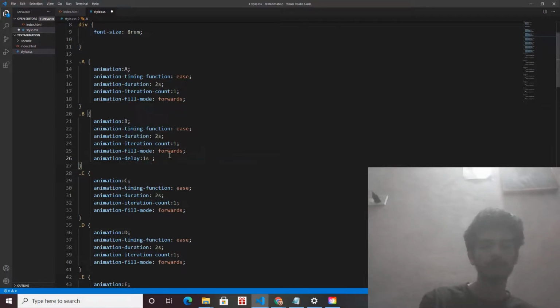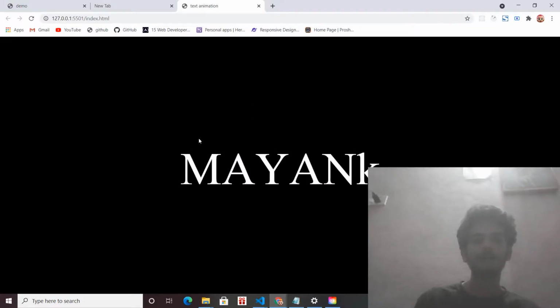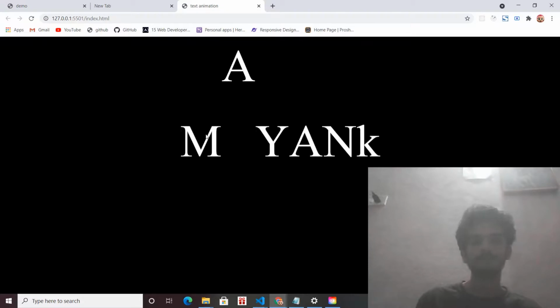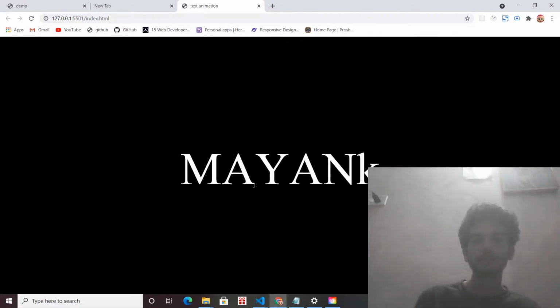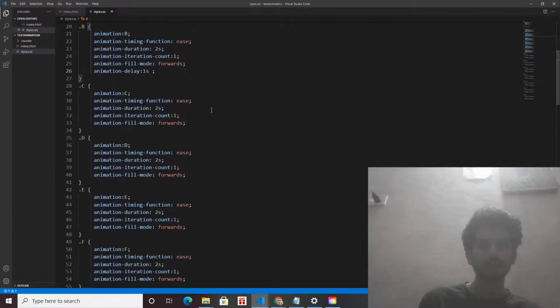If I add the animation delay property, you will see the A word comes after my M comes to its natural position, then the A starts coming from top to bottom, right? In the third word I am giving 2 second delay. In the fourth word of my name, I am giving 3 second delay. So in each div, let me give a delay incremented by one value.